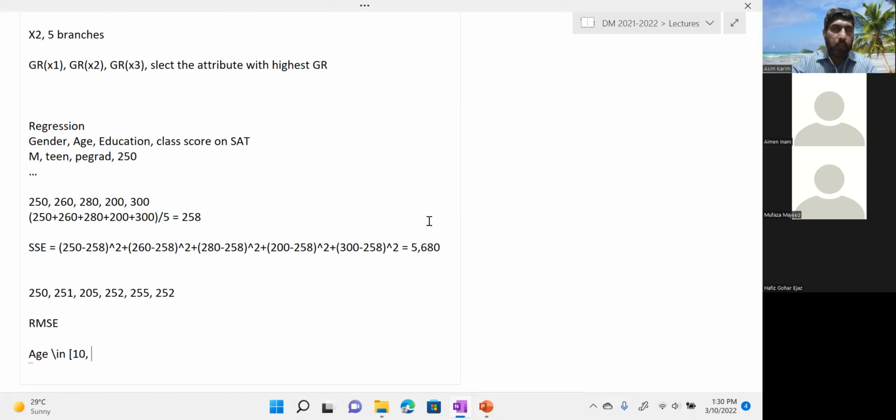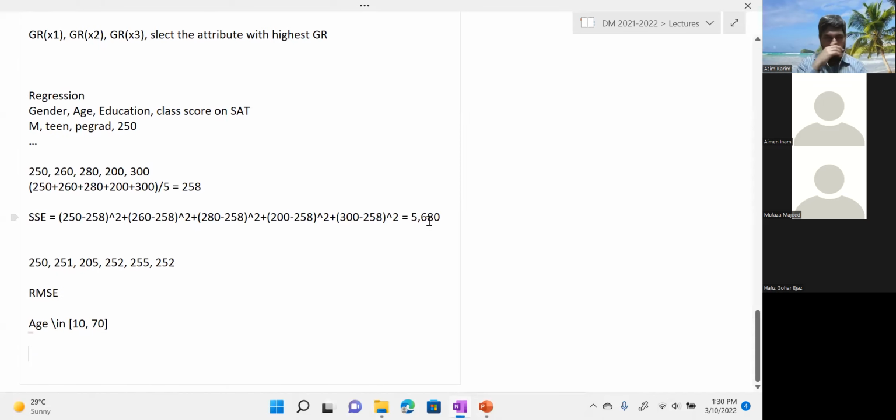Not from a possible set of labels, but from a range from 10 to 70. OK? So how do you handle such scenarios? You can handle that fairly easily in